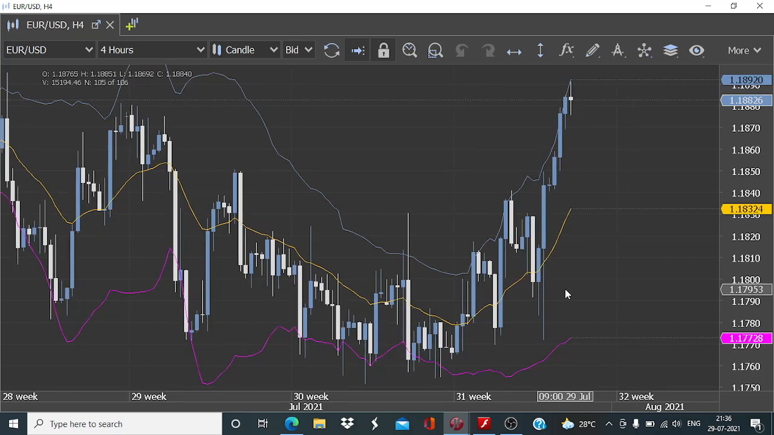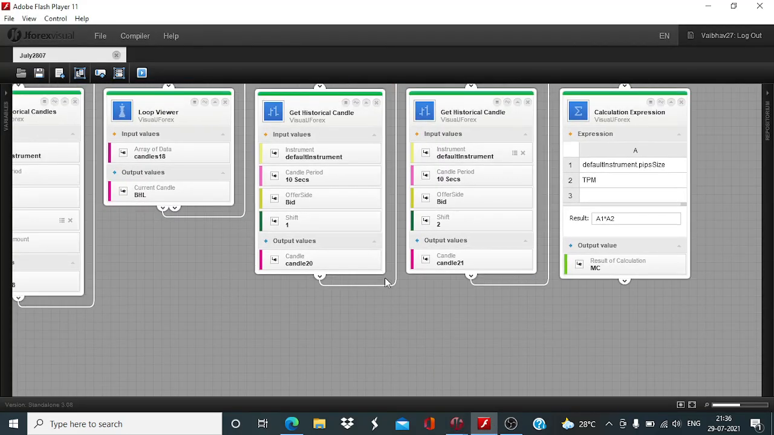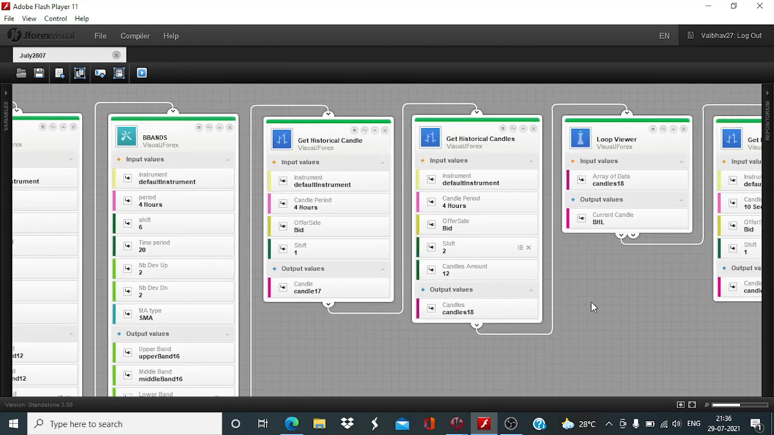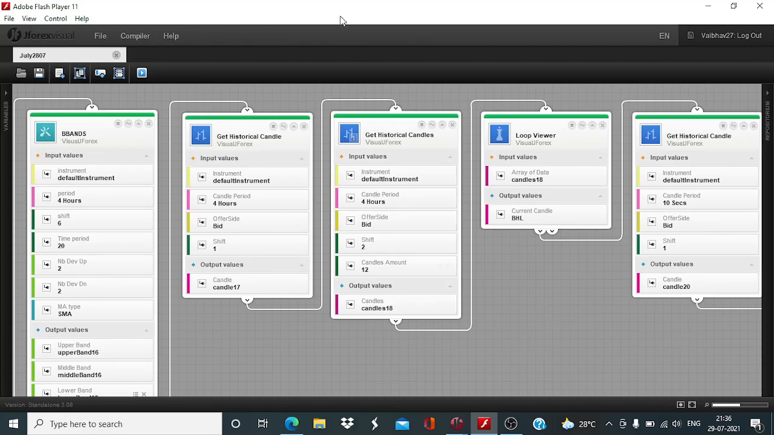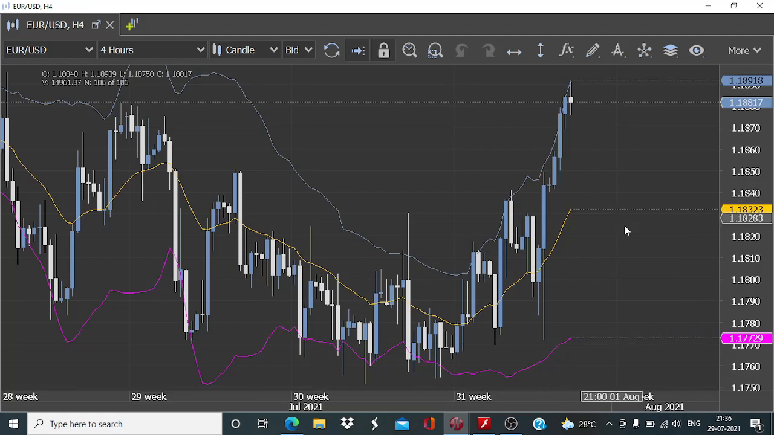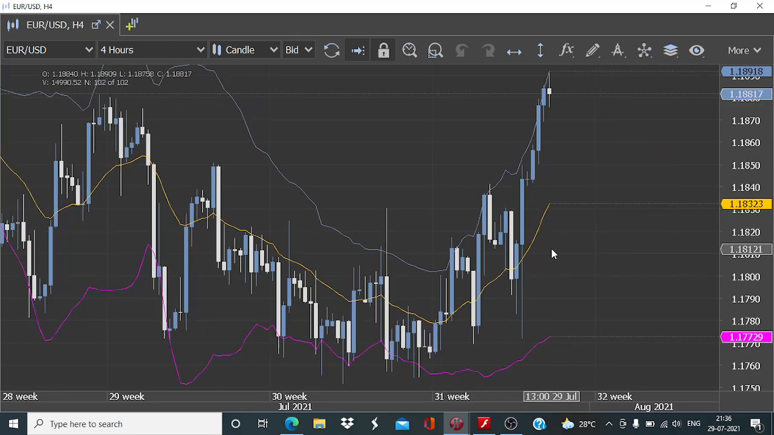So what we will do, we will consider the price action over the last 2 days. So here this block of get historical candles and candle amount 12 is being used to retrieve the data over the last 48 hours. And if we omit the last 4 hours, then it basically takes us back to the last 52 hours since the last 4 hours. So essentially it is 48 hours, and we consider that in that time the 4-hourly candle high